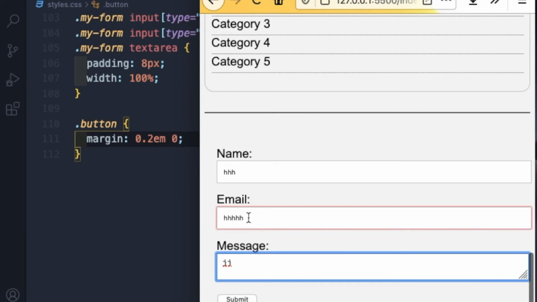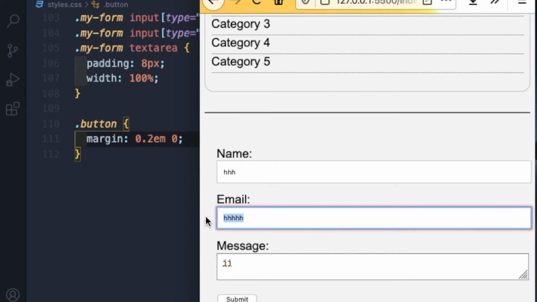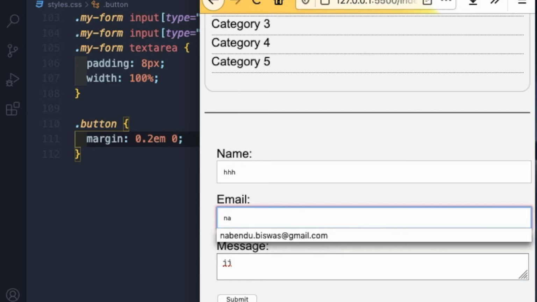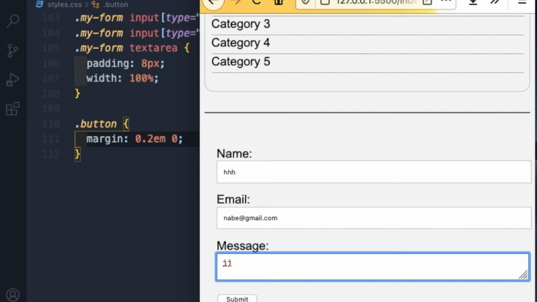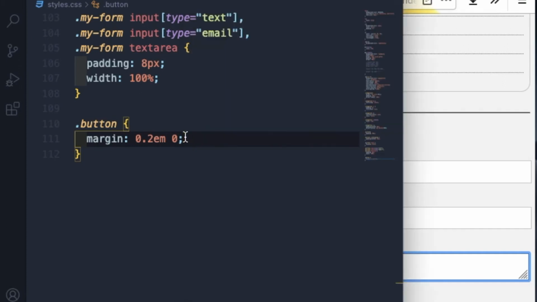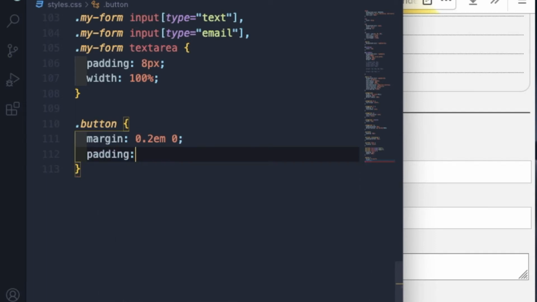See, some inbuilt validation has also come because we have given a type email. So let me give something, nabs@gmail.com. So it is gone, message, it is okay. So the margin we have given between this and this, 0.2 em. After that, the next thing I will give is padding, which is 0, 15 pixel,